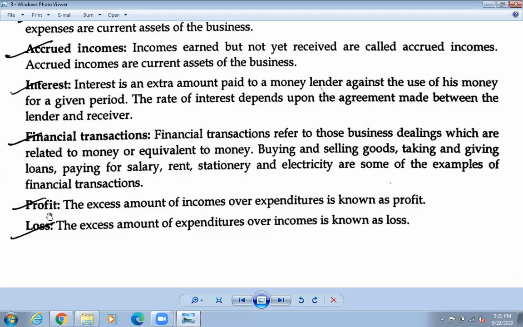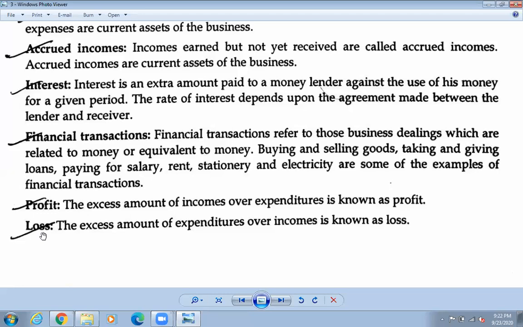Okay, so the second last and the last, profit and loss, that you know. If you have bought the eraser for 5 rupees and if you sell at 10 rupees, so what is that? 5 रुपैयाँमा किने 10 रुपैयाँमा बेच्यो, what is that? So that is profit. फाइदा भयो तिमीलाई. 5 रुपैयाँमा किनेको सामान 10 रुपैयाँमा बेच्छ भने that is profit. And in a similar way, if you have bought the pencil at 10 rupees